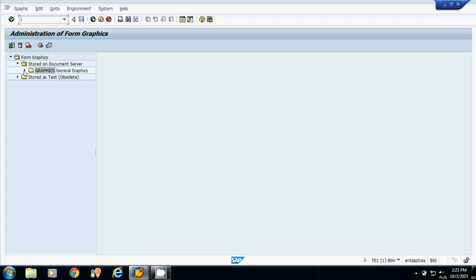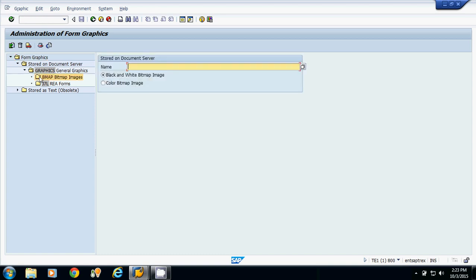Now we will click on this arrow. We will click on this bitmap images. Whenever you are uploading graphics into the SAP system, your image must be in bitmap format. Whatever the logo or whatever the image which you have, that must be in bitmap format. So click on this import button,